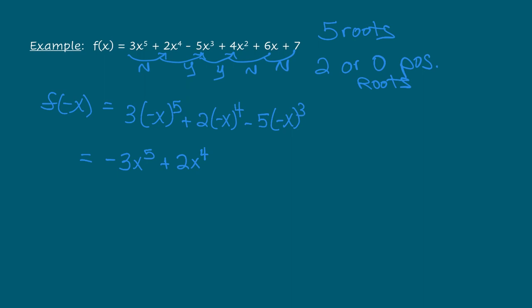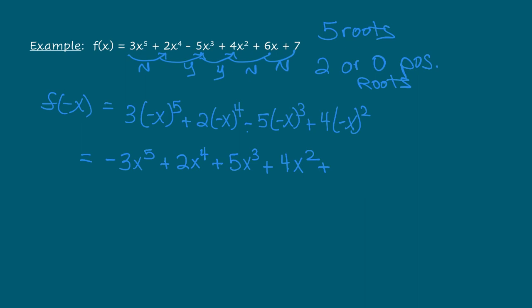So that's going to be a negative x to the 3rd multiplied times this minus 5, so I'm going to have plus 5x cubed. Then plus 4 negative x squared, that's going to become positive x squared, that's going to be plus 4x squared,